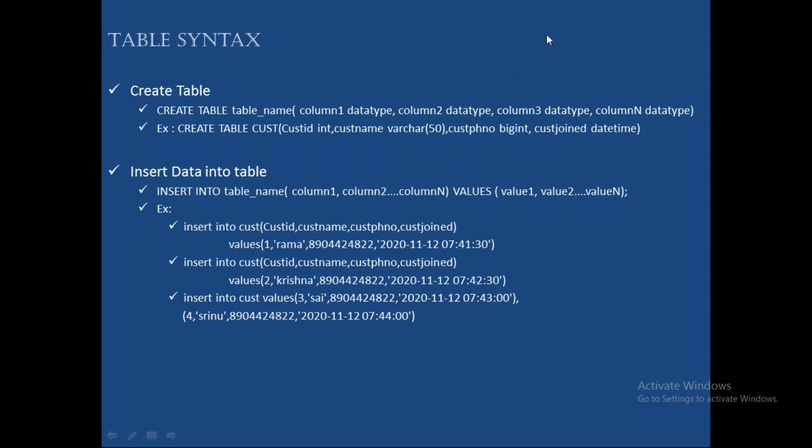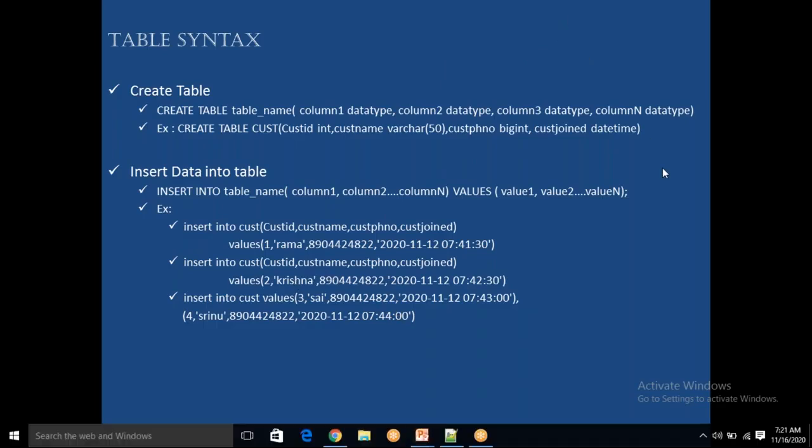Anybody remember, friends, that when you are inserting, if the data types of the values are the same as that of the columns you are passing, you need to mention the column names. See, one thing: when you are passing values to all the columns, then you need not mention the column names. One. Second one is, when you need to go for these columns is, order of providing values